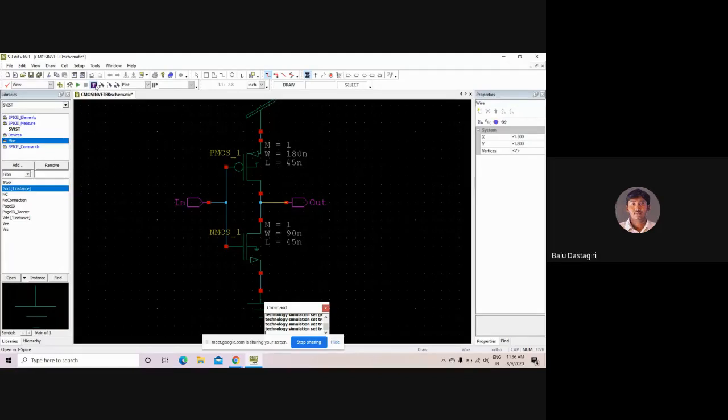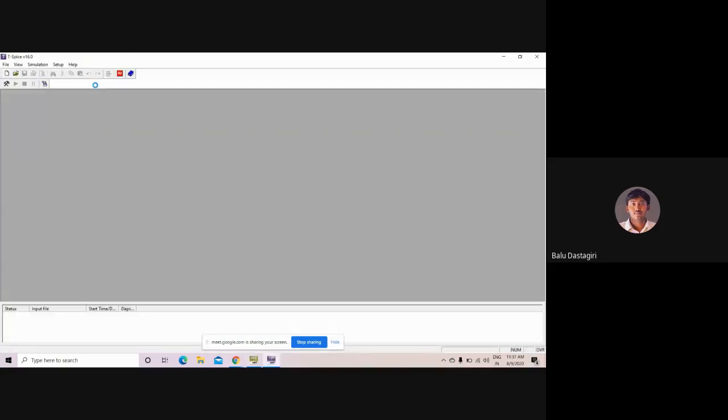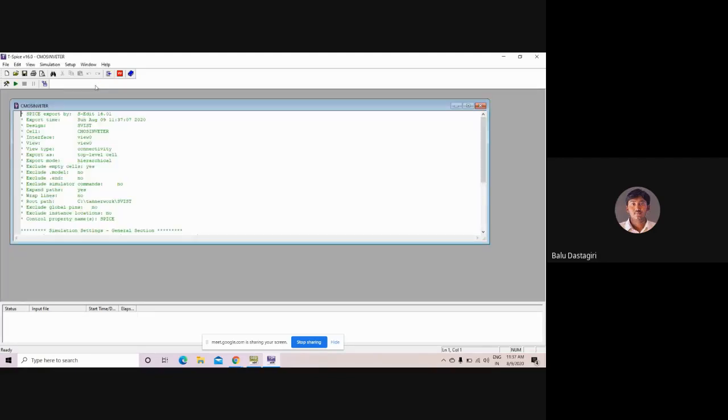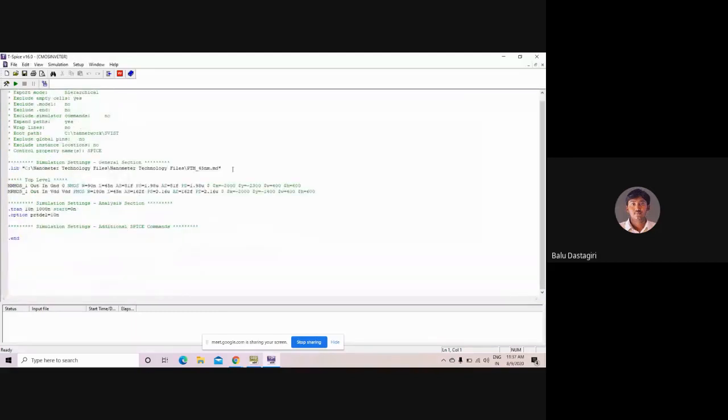Now if you click on that, the related SPICE code of your circuit is shown. So you can see here, T-Spice is opening. If you run the simulation directly also, it internally converts your circuit into SPICE code, and after that you get the output. So you see here, it is your library file, dot library, and it is the technology file which you have added. The technology file is PTM 45 nanometer, that is the Predictive Technology Model 45 nanometer technology file.